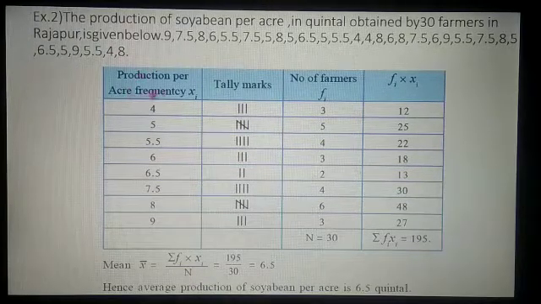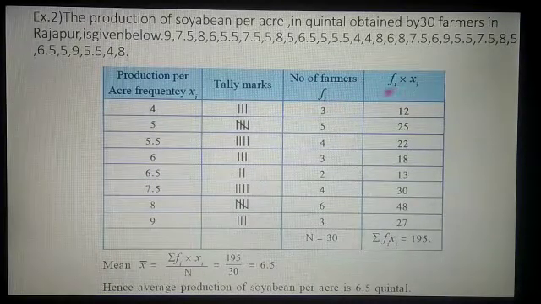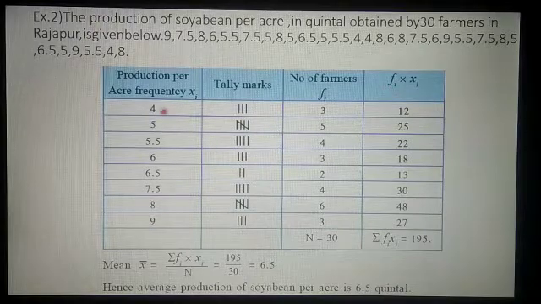So as I told you, we have to prepare the frequency table. The first column will be production per acre, xi. The second column is of tally marks. The third column is number of farmers, that is fi, and the last column is the product of fi into xi. First of all, in ascending order we will write all the productions: 4, 5, 5.5, 6, 6.5, 7.5, 8